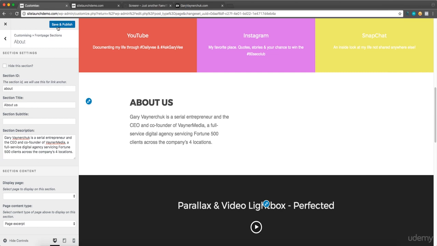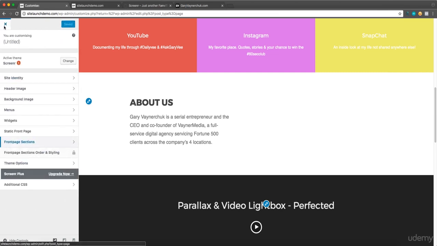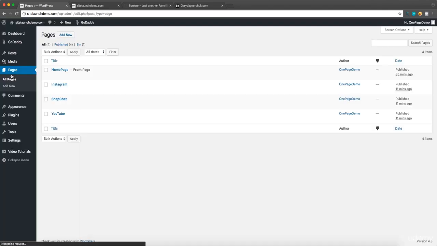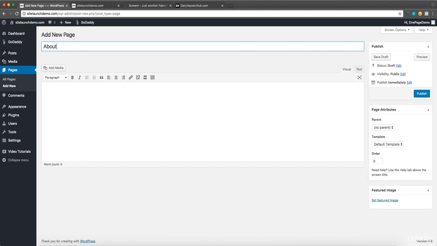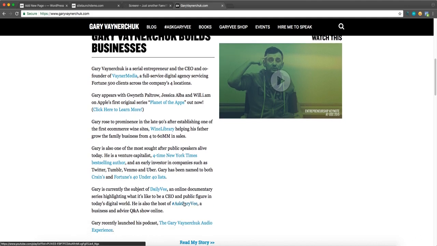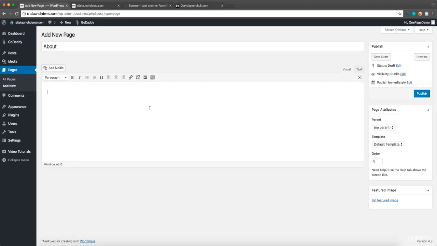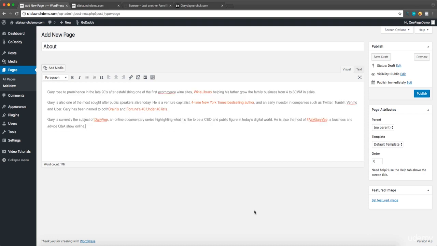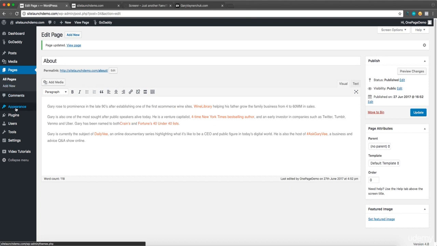So what we're going to need to do is click Save and Publish, go back again into our pages and add new. And this time we'll add an About page. And if we get some more content to put in there, so we can copy this bit, paste it into there. Now you can see in what I've just copied, there's a lot of hyperlinks to his playlist, his books. That might be a good idea depending on what the site's for. I'm not going to go through and change them, so we're going to leave that as it is and click Publish. And if we then go back into our About section,